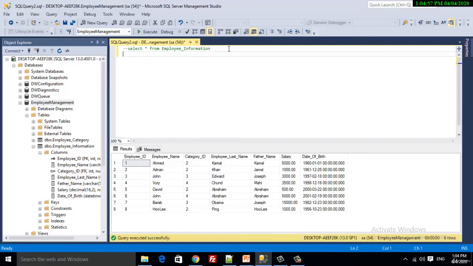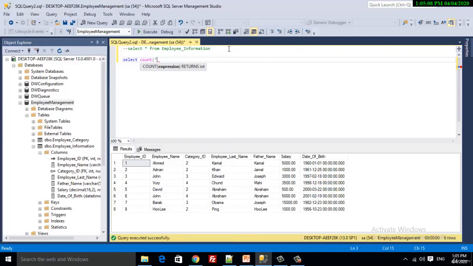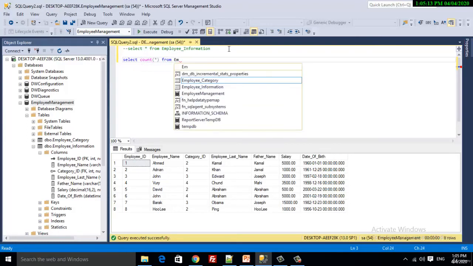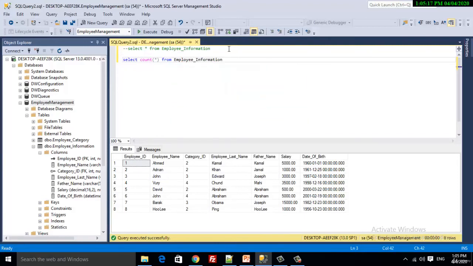Now I am going to write the query with aggregate function count, bracket asterisk, from employee information. Let's execute it.